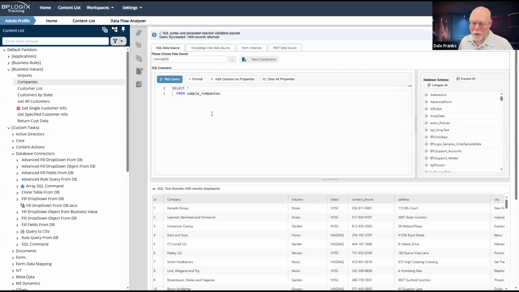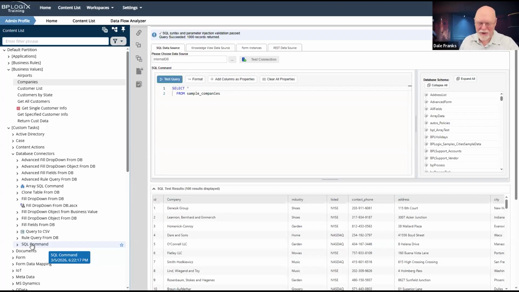Only select operations should be performed by a business value. SQL command is for all of your other operations. There's a term that we use in the tech world. It's called CRUD, which stands for create, read, update, delete.